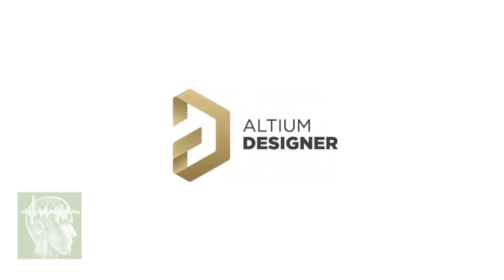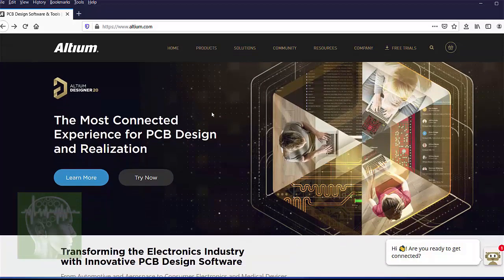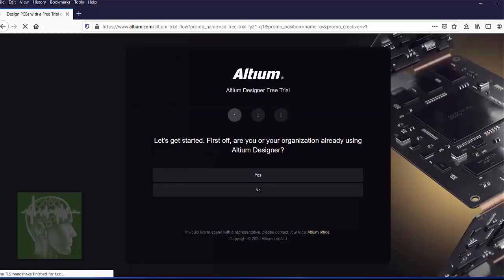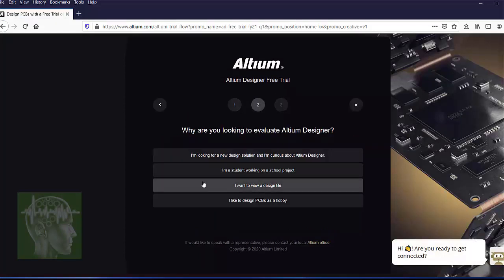You can find it at www.altium.com. Open that page and you can get an option Try Now. Click that option and then you have to select that you are starting new. Maybe you don't use Altium so far, so click No. In that case, you will get multiple options.